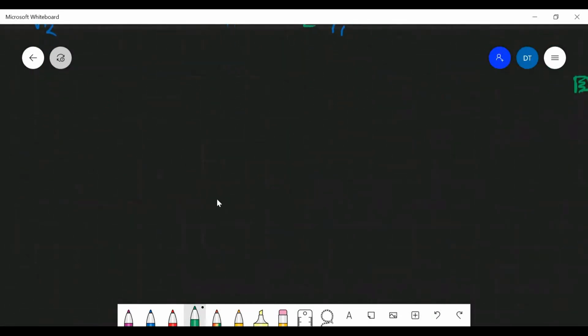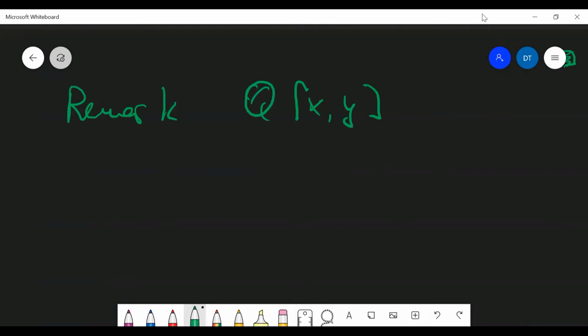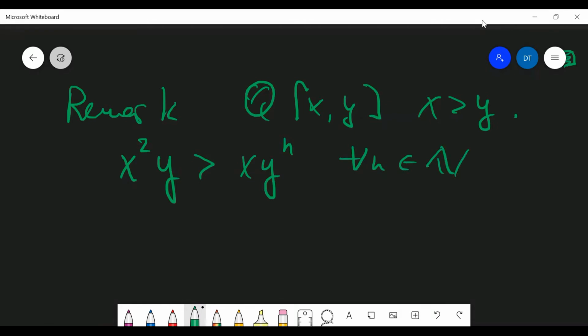But I just want to be clear that the absence of strictly decreasing sequences is a very tricky property. For example, if you take the polynomial ring with 2 variables, x and y, and you take x to be larger than y, then x squared y is strictly larger than xy to the n for any natural n, just by definition, because if you consider the degree of x, here it's 2, here it's 1, so all these monomials are strictly smaller than this guy. So there are infinitely many monomials smaller than the fixed monomial, but there is no infinite decreasing sequence of